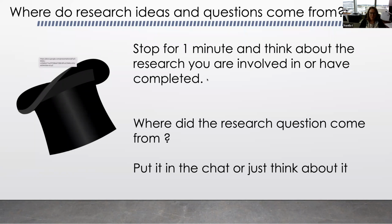Okay, so we've got an unmet need, clinical practice, literature review, untreated diseases. Throw it in the chat if you can think about it, from a question not answered, some driven by funding opportunity, exactly. Some news in the media around a hot topic, yep. Okay, well, those are some ideas, and